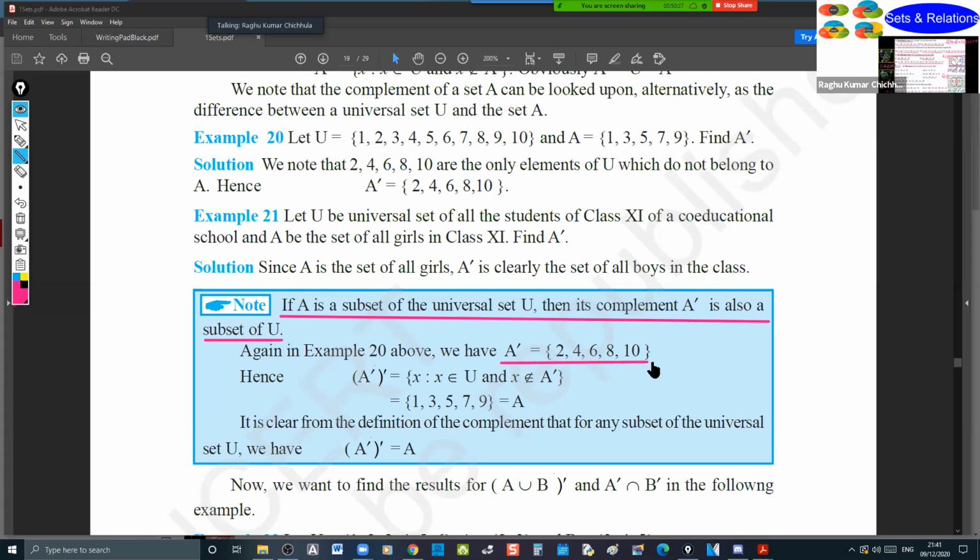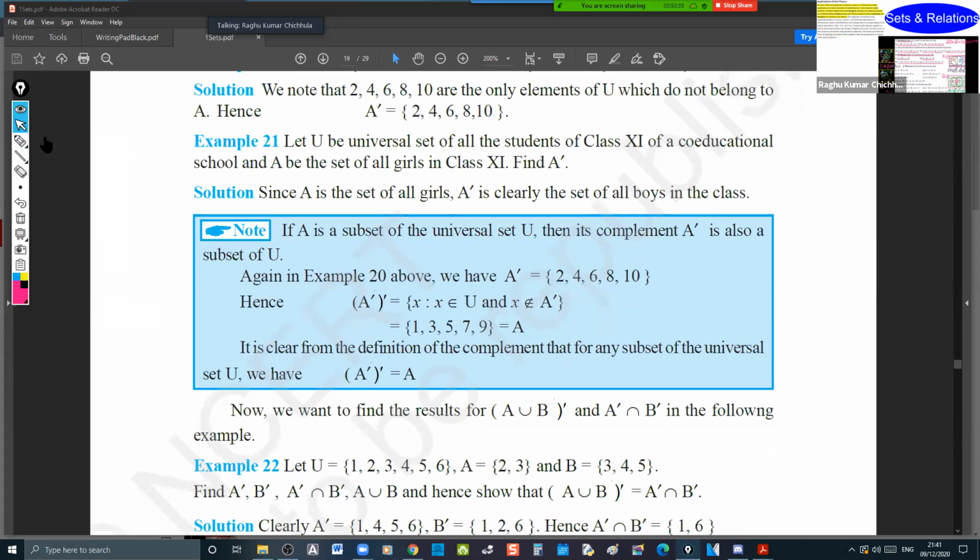So A complement is equal to, that is some example he has given there. Just now I gave you one example, but I have not taken any numbers there. That is understandable, not a problem. I need not explain that A complement, whole complement, is obviously A. Not A, and again not that, so whole not is again A.